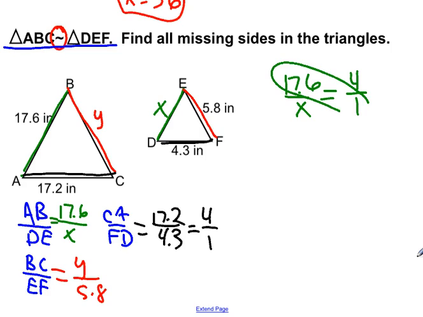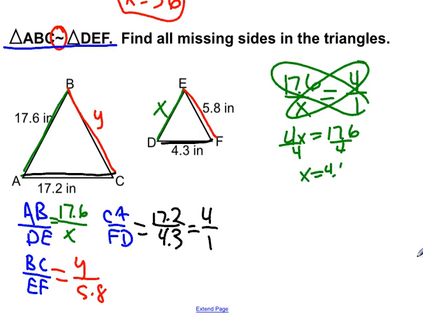So now we can cross multiply and solve and get 4x equals 17.6. Divide both sides by 4, and we get x equals 4.4. So that means that DE equals 4.4. Now what we're looking for is BC, so we can take that ratio, y to 5.8, and set